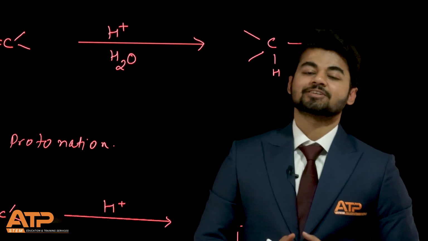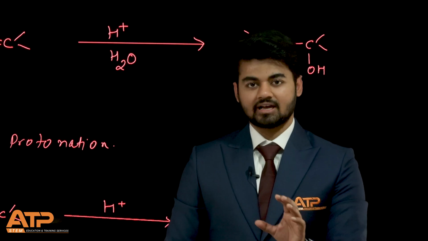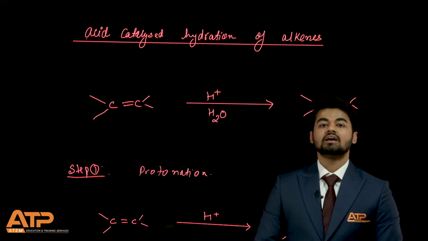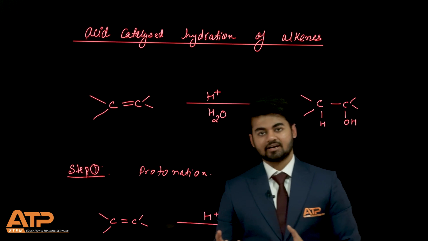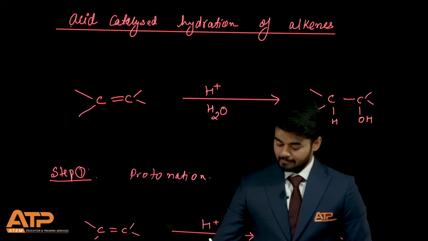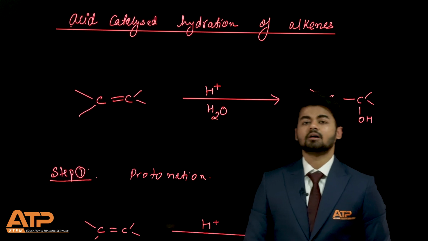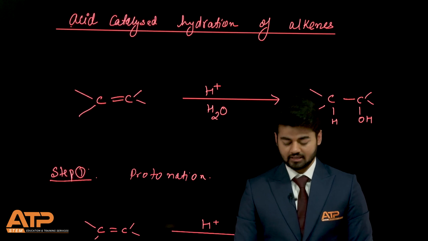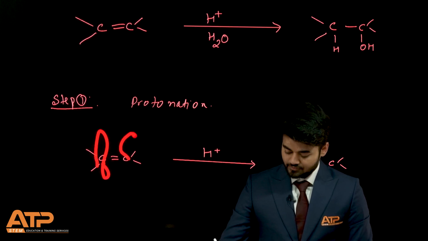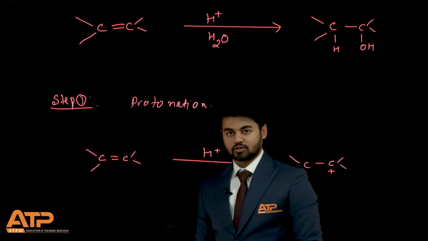To practice the application of these curly arrow notations, I have taken an example of a simple mechanism, the acid catalyzed hydration of alkenes. Alkenes upon acid catalyzed hydration give us alcohol, as you can see in the reaction. So I have taken an alkene, H plus acid, catalyzed water, and the product here is an alcohol, right? Let's see how this reaction proceeds. So alkenes, as we know, are a nucleophilic site. They have loosely bound pi electrons.